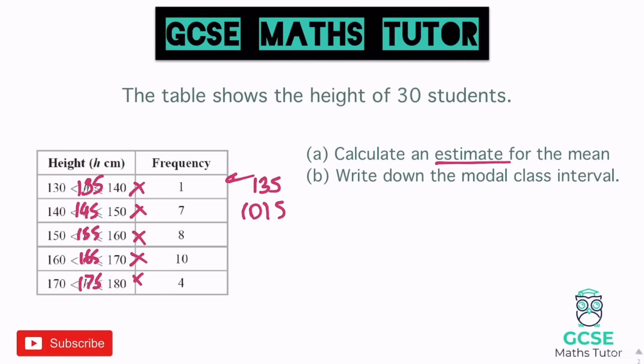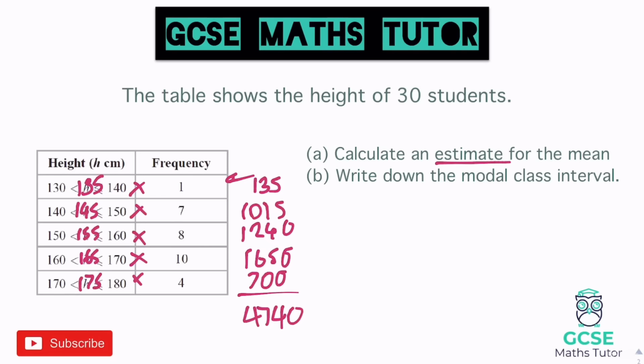Again, I'm just doing this on the calculator. 8 times 155 is 1240. 10 times 165 we can do 1650, and 4 times 175 gives us 700. And again, from here it's just the same process. We add those all together. So 700 plus 1650 plus 1240 plus 1015 plus 135 gives us a total there of